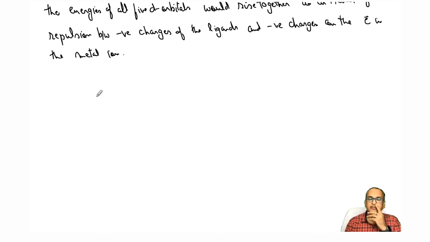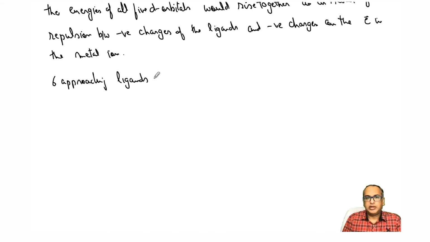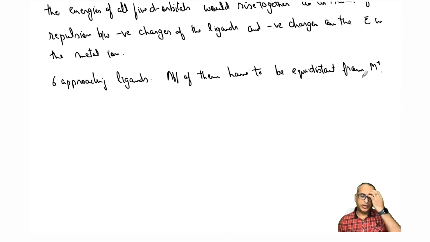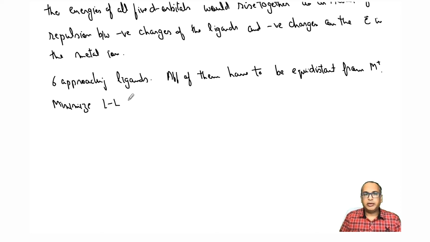Let's say we have 6 approaching ligands, and all of them have to be equidistant from the central metal atom, right? Now if they all have to be equidistant and they all have to minimize ligand repulsion,